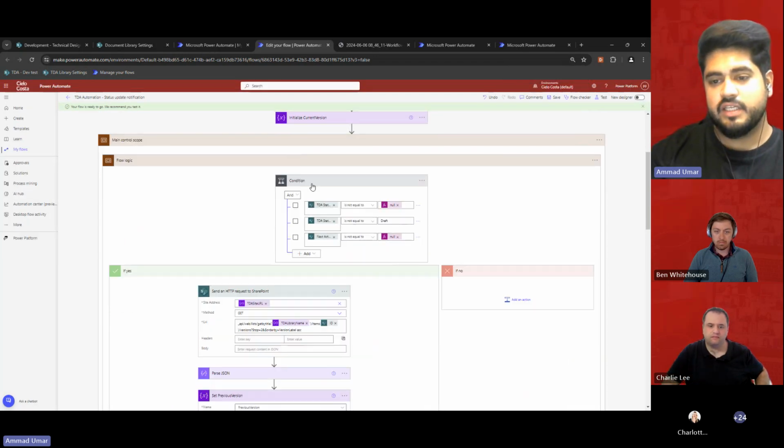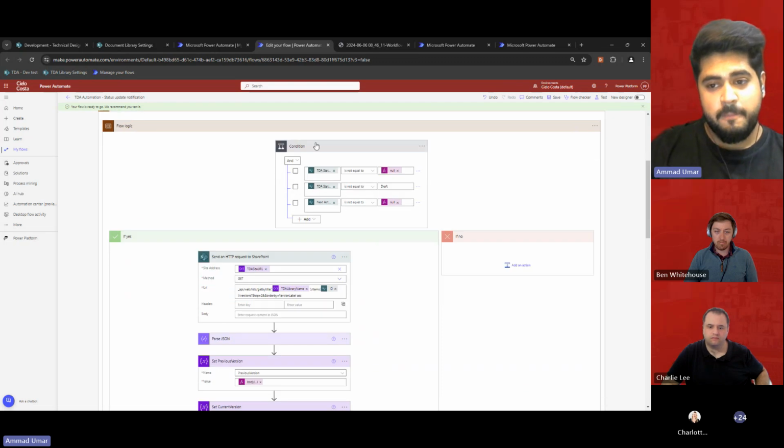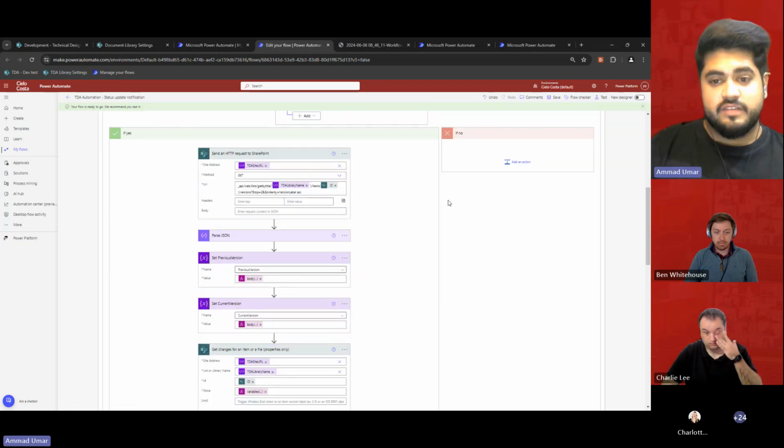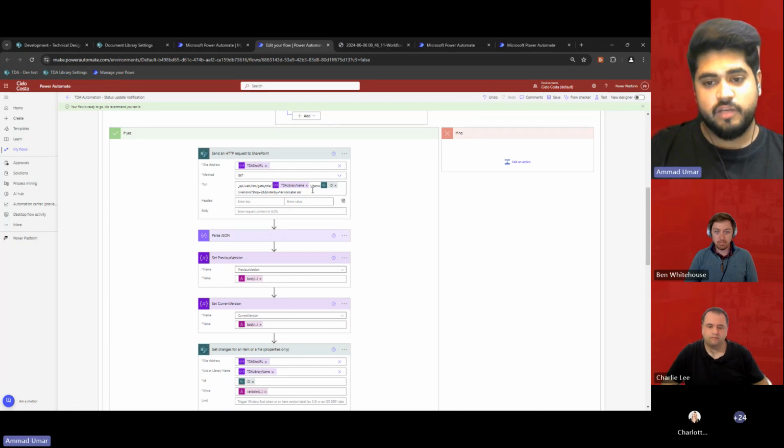So you can see we've created a condition statement where, based on the TDS status, if it's not equal to null, if it's not equal to draft, and if the next action person is not undefined, we would be sending an HTTP request. What it does here is really powerful. So you can do similar things when we want to request maybe an external API that you have